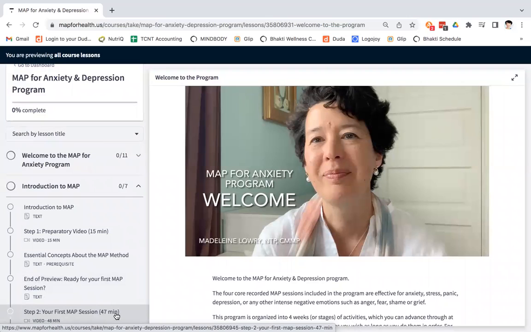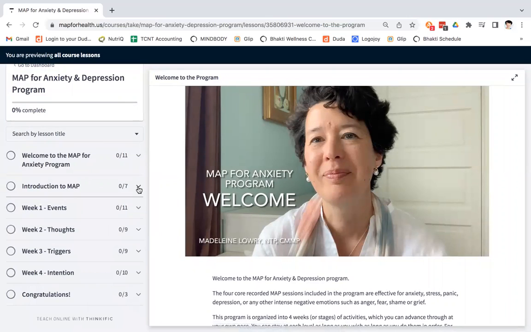It takes 47 minutes to do that MAP session. Once you've done those first two steps, then your subconscious mind is primed and receptive to the instructions that will be given in the sessions. So please do not skip this step.